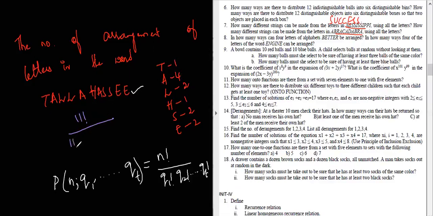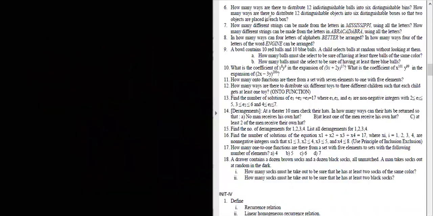So T is 1, so 1 factorial into 4 factorial into 2 factorial into 1 factorial, 2 factorial into 2 factorial. So whatever the solution that you get, you can write it over here. So this is the solution. Similarly, you can solve for all the three, and very important, even in 5 marks or 2 marks. Now, the next problem is you can do the ninth one.